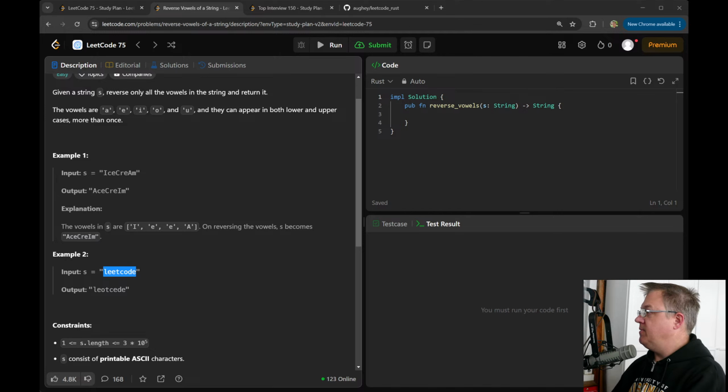Otherwise, we return c because it's not a vowel, it's a consonant. And we just collect all those. So collect is going to know how to collect that into a string. Really, really slick here. So we test all of the ones that we have here, and it works.